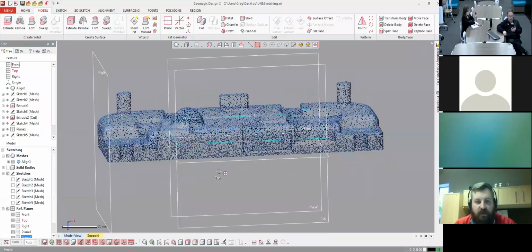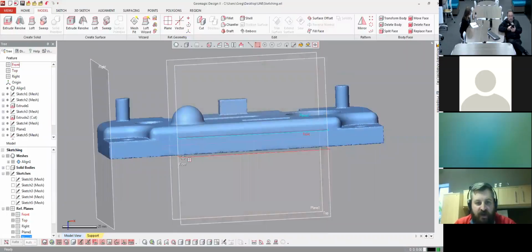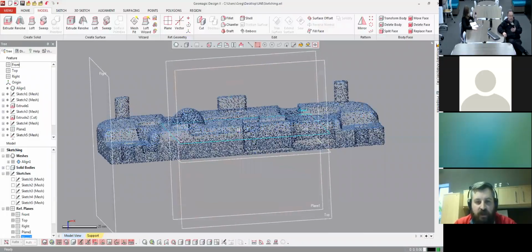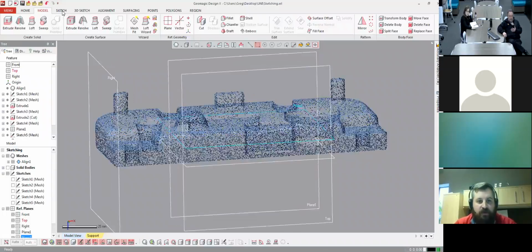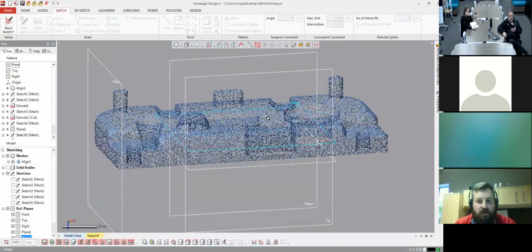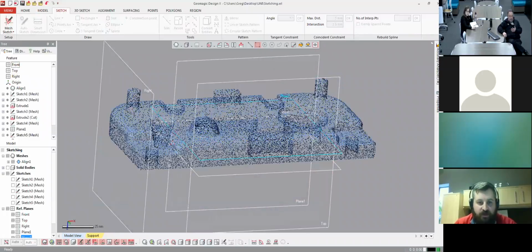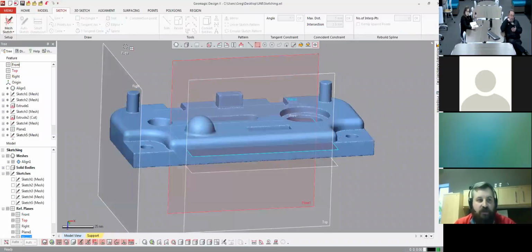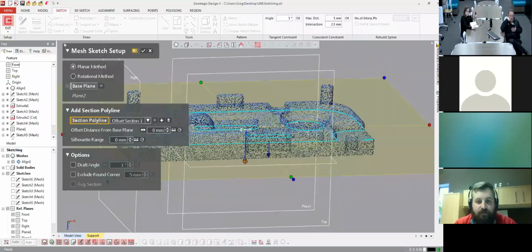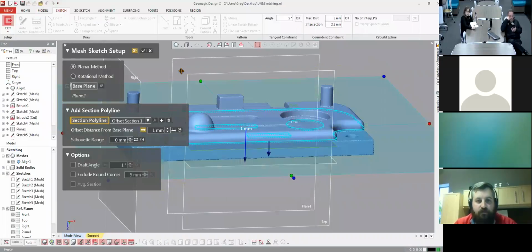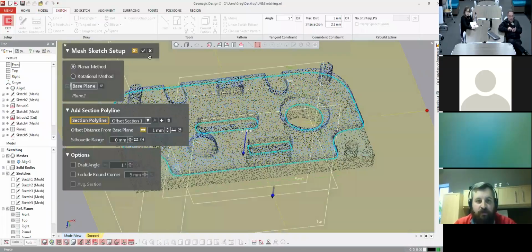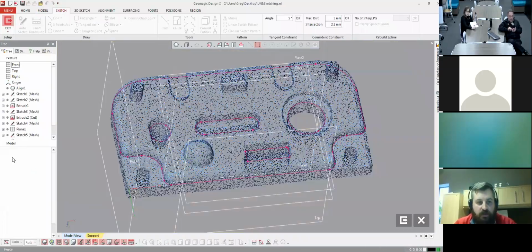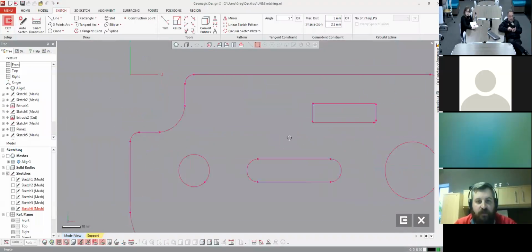So again, the first sketch, we sketch right off this bottom plane. Because we've got a little step here, I want to sketch off this plane, and then we're going to take that material out using a cut. So go back to our sketch. And this is, if you guys have noticed, it's kind of a rinse and repeat. We just take a sketch, extrude a feature, take a sketch, extrude a feature. So I just want to make sure I'm getting a nice clean wall there. And then we'll build our